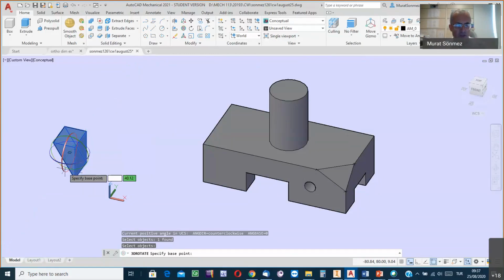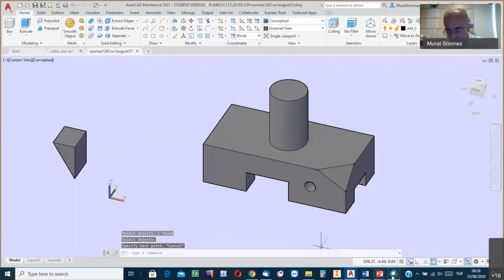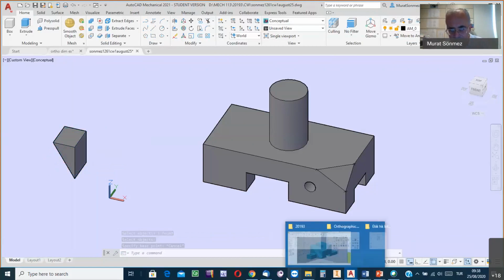If you bring the cursor to the vicinity of the red ring, then you see the axis of the ring, the axis in the rotation process about which the selected body is to be rotated, is parallel to the x-axis. Now, the blue ring's simulated axis is parallel to the z-axis. These are parallel. Now, before the break,